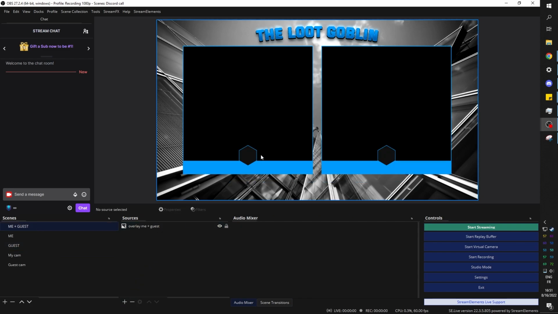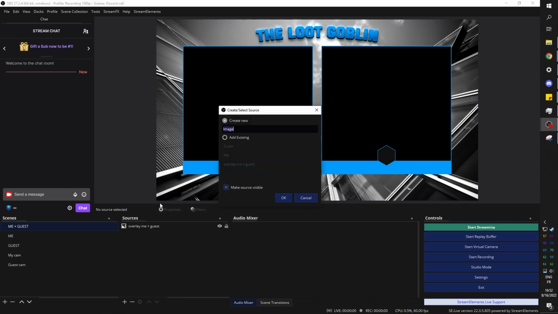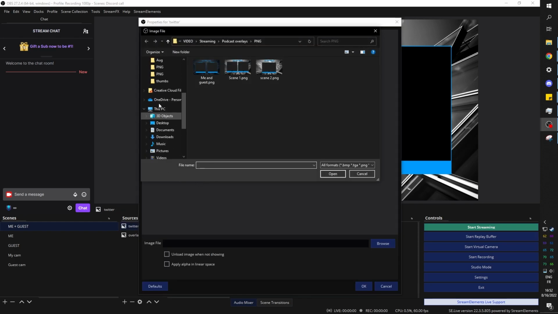Now is the part, if you want to add a Twitter logo here, you can add it as an image. You can create a text in order to be able to change the name of the guest every single time. You can put your name, your at, their at, whatever. Just like any image, you can click plus, download it from Google Images. You can get those logos.